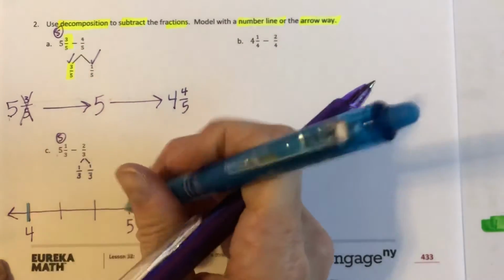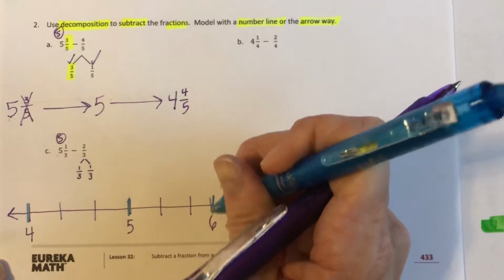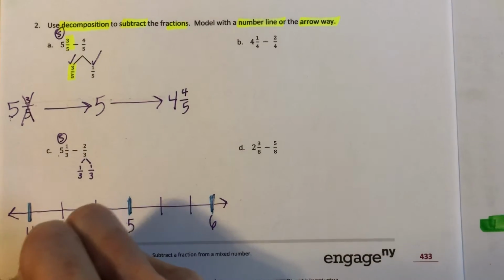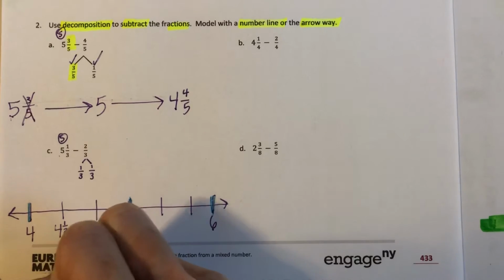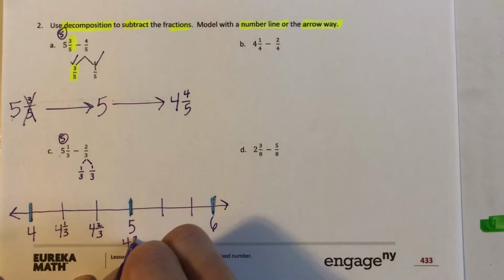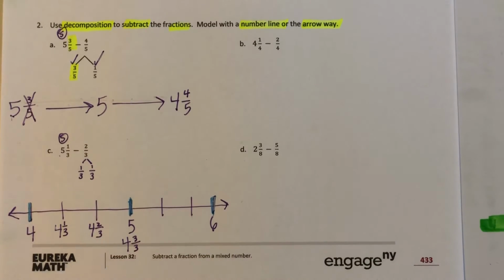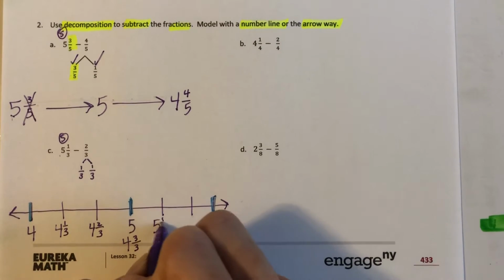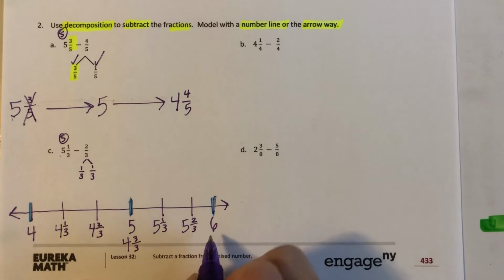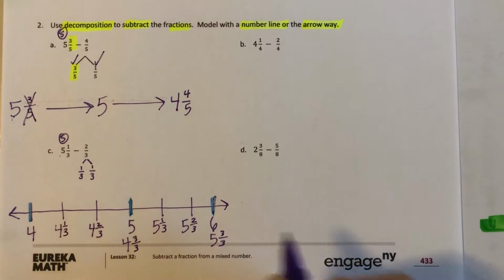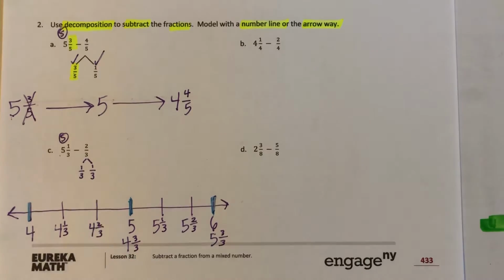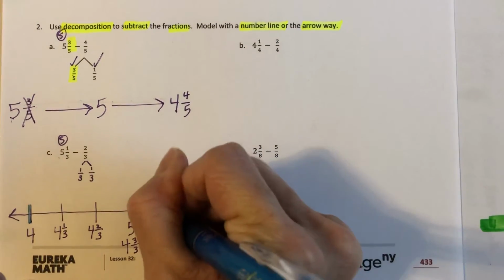So you want your wholes to stand out. So now you need to label. 4 becomes 4 and 1/3, 4 and 2/3, and essentially this is really 4 and 3/3, otherwise known as 5. This becomes 5 and 1/3, 5 and 2/3, and then 6, otherwise known as 5 and 3/3. So what is my starting point? We said it was 5 and 1/3. This is where we start,